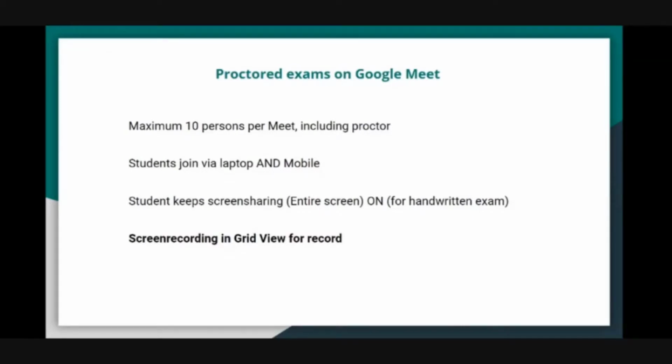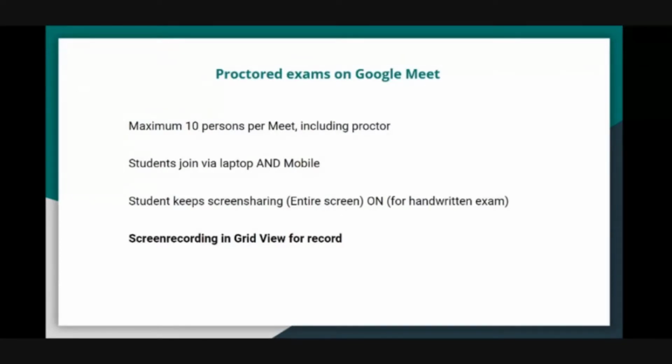But if we want such an option where we can watch everybody at the same time in grid view, rather than doing a Meet recording, it would probably be more helpful to do a screen recording. You put everybody in grid view and then you do a screen recording along with the audio, so system audio is also being recorded at the same time, because Google Meet will not allow you to do grid view recording. Say there was noise coming from somebody, a little bit of sound, that person became the active speaker, and then the entire recording would feature only that one student.